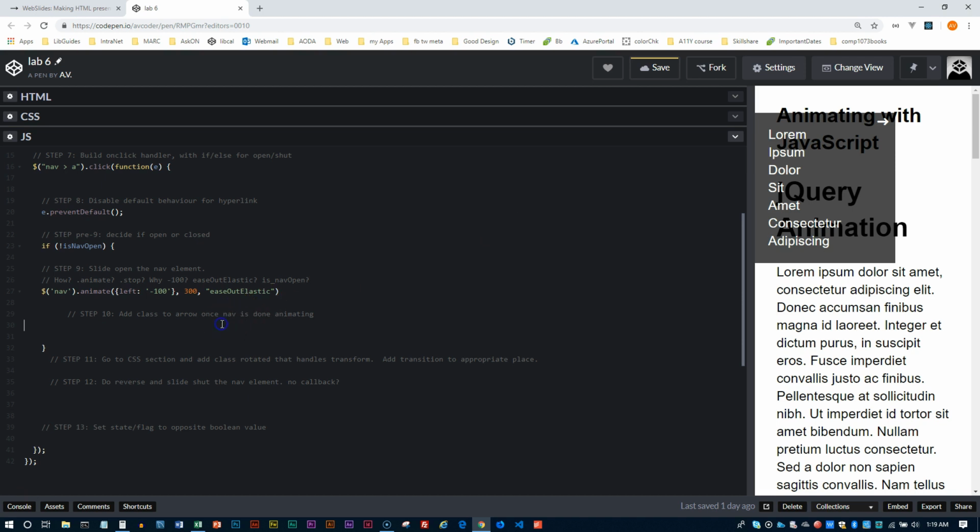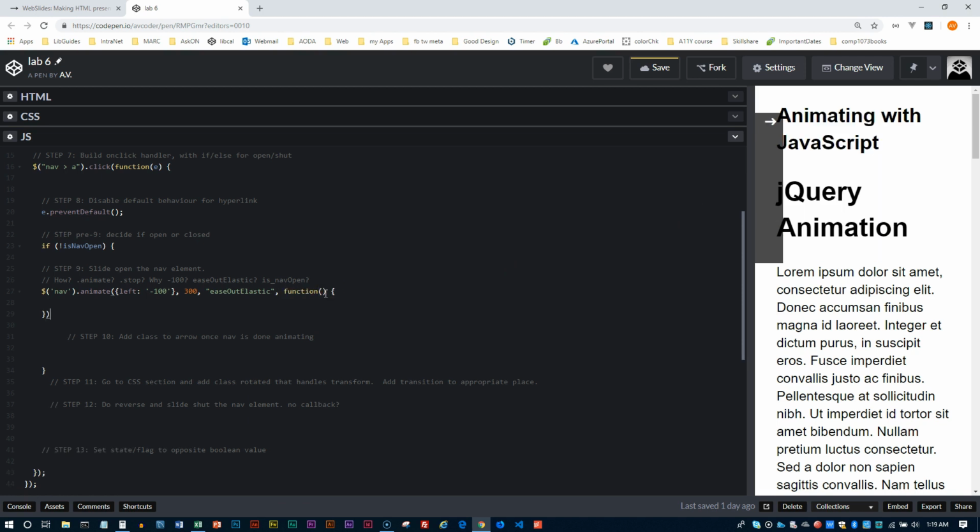Now, what we want to happen is once it finishes extending, we want that arrow to turn around. So how are we going to do that? That's where the callback comes in. So once it's finished animating, we'll add in a callback, right? And inside that, we're going to say something like,